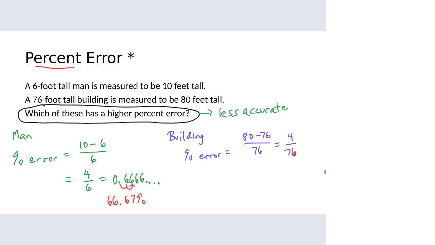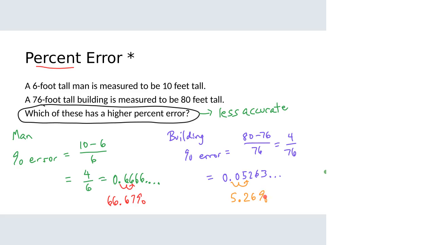4 over 76 is 0.05263. And it keeps going. We rounded the last one to the nearest hundredth after converting it to a decimal. So let's convert to a decimal here. We'll do that. We'll move a decimal over 2 places, and we'll have